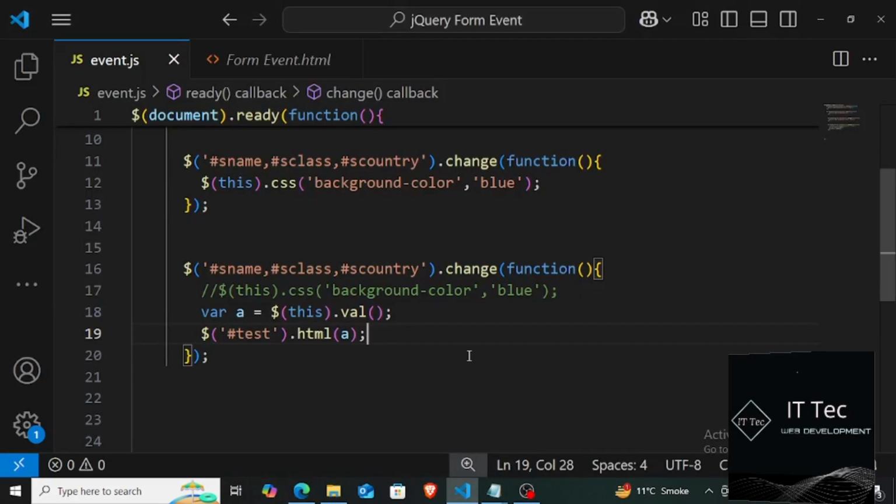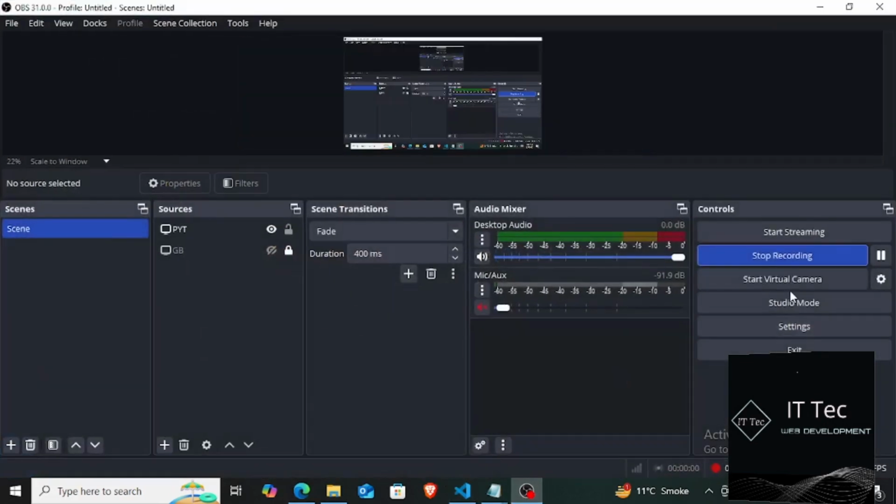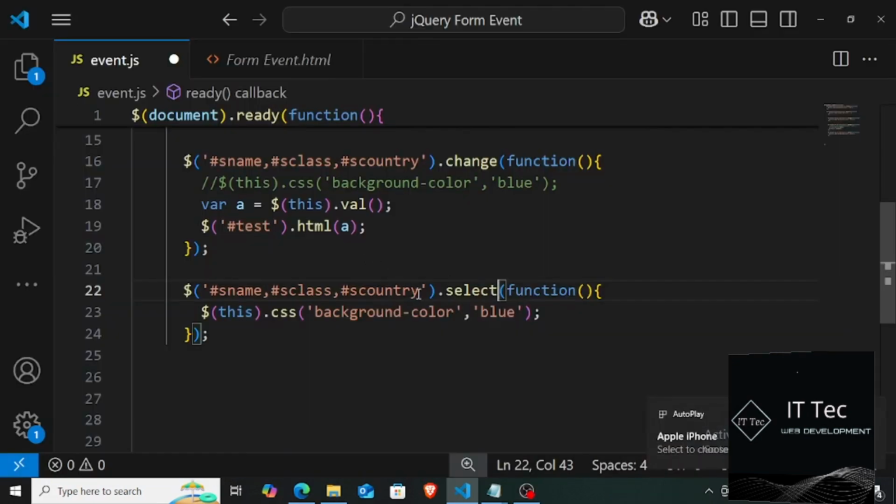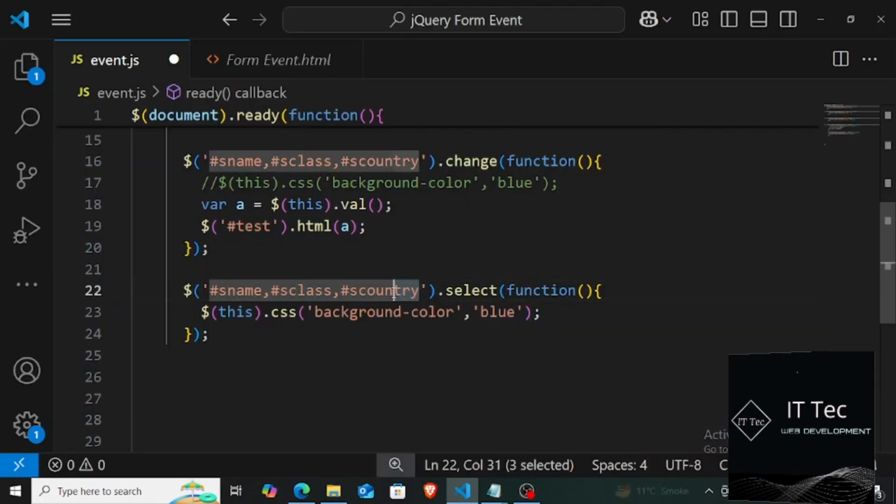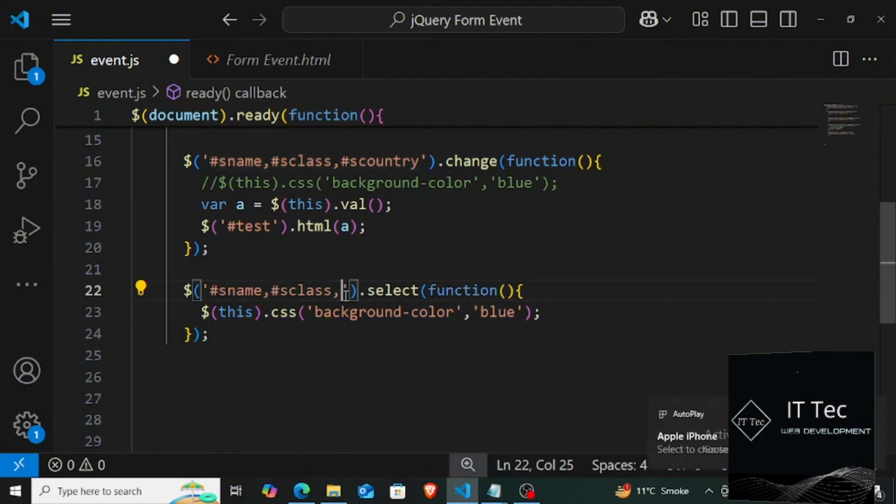Now we use our fourth event, which is named select. For that, I go here and copy it from above. I will tell you about the select event. It works only with the input box. It means that it will work only with the name or class. It does not work with the country. For this, I write the event here, select, and I remove this country, and I change the background